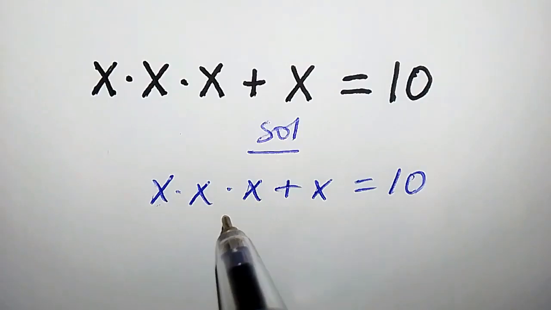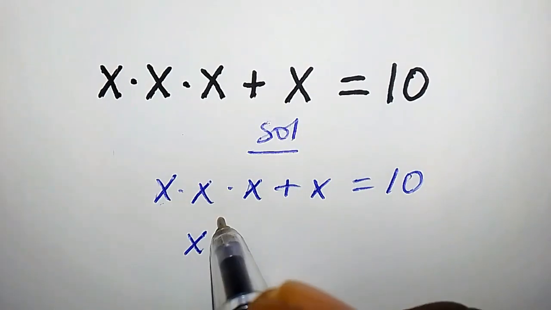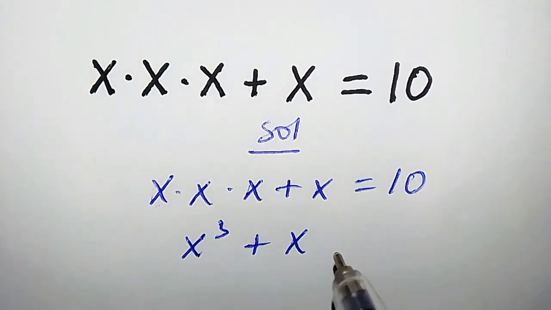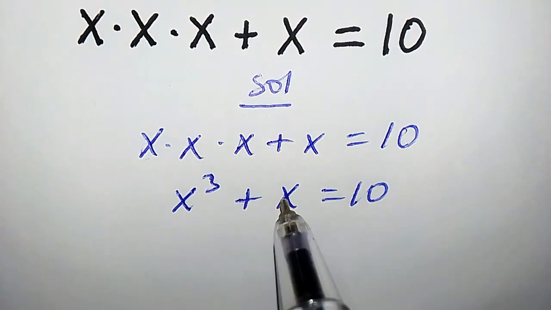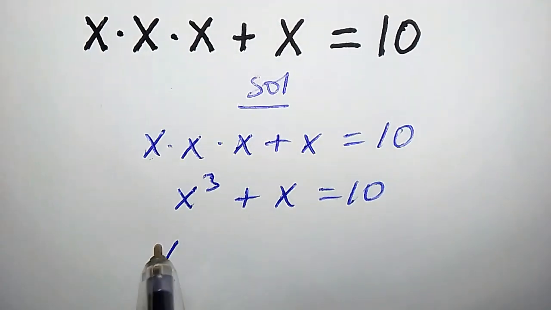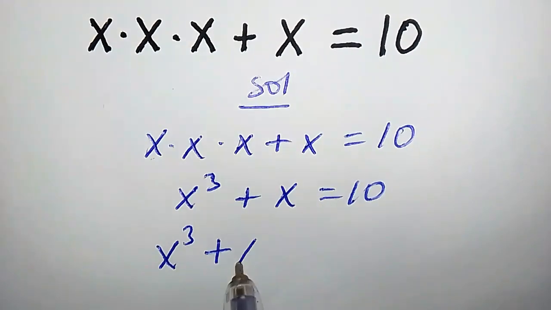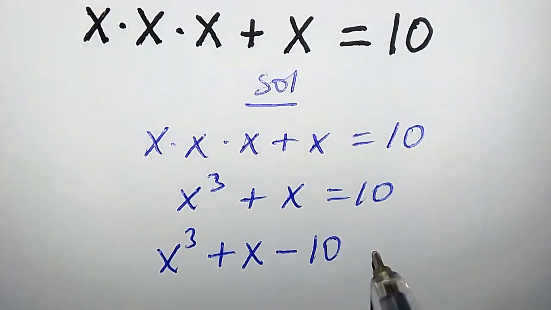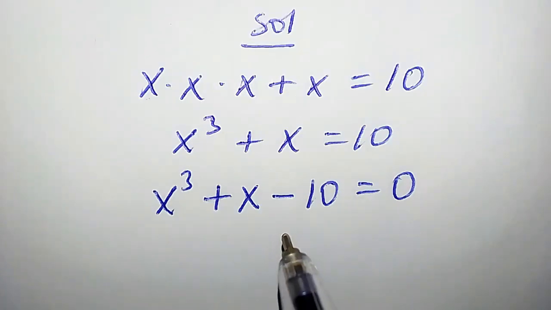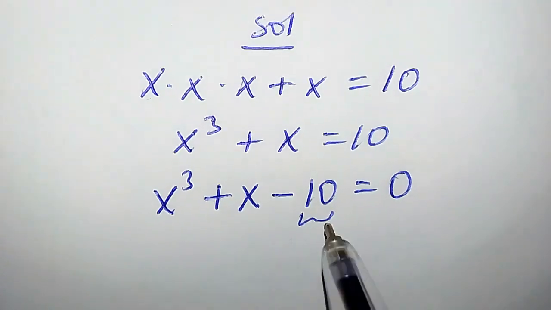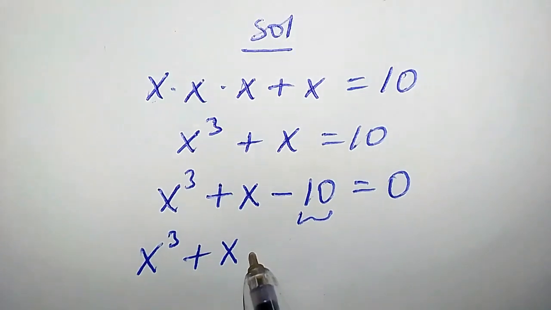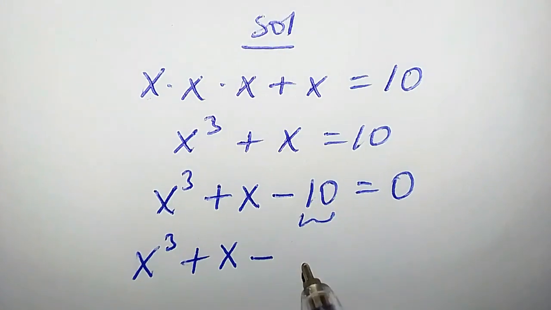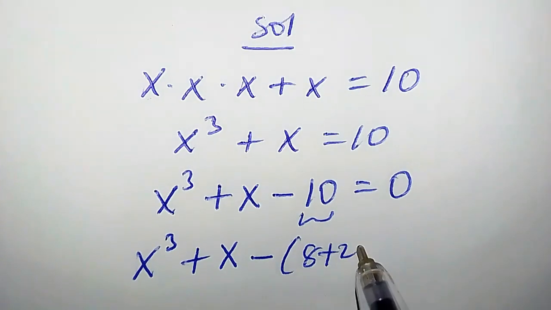x times x gives x to the power of 3 plus x equal to 10. The next step is to transfer this guy to the left side. So we have x to the power of 3 plus x minus 10 equal to 0. The next step now is to focus on 10. So we have x to the power of 3 plus x minus, we can write 10 as 8 plus 2